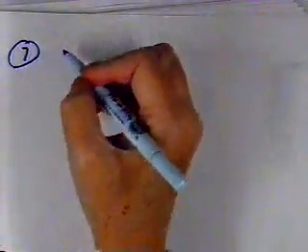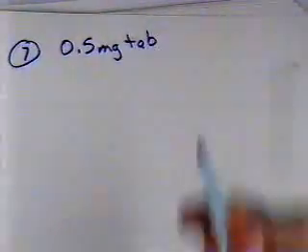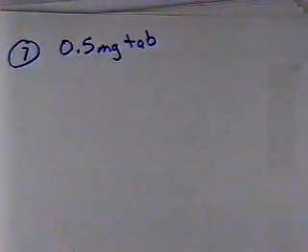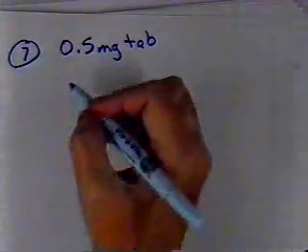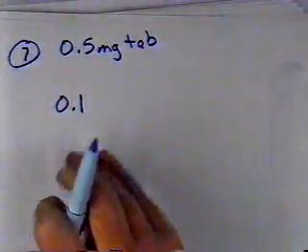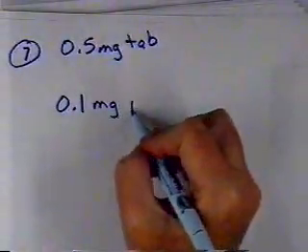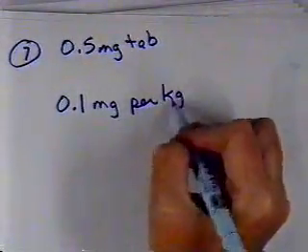Number 7 does say 0.5 milligram tablets. But it says the dosage is 0.1 milligram per kilogram per day. We're going to see problems like this during all of our dosage problems, not just on tablets, but on IVs and on shots. 0.5 milligrams per kilogram